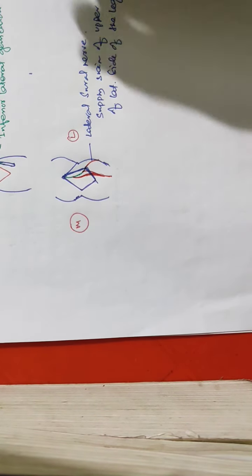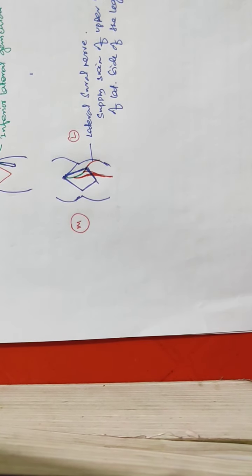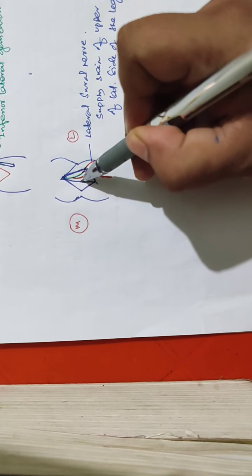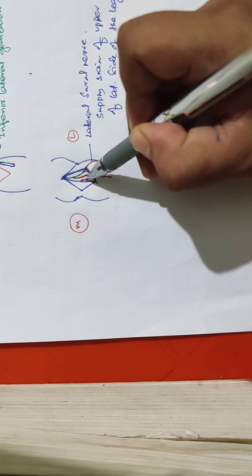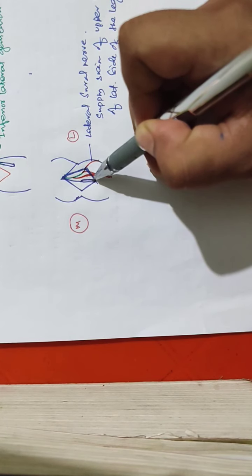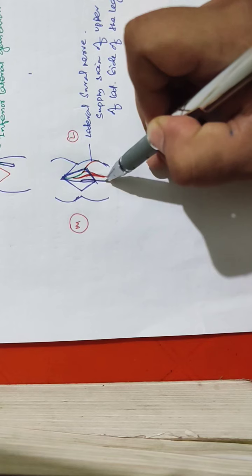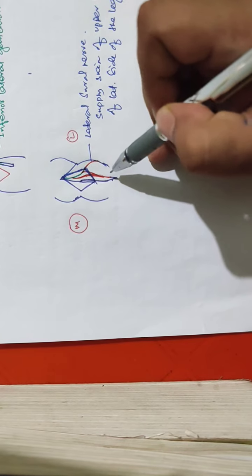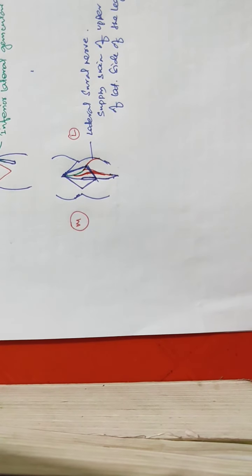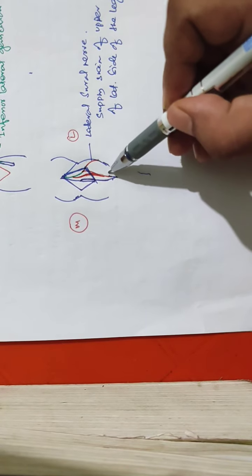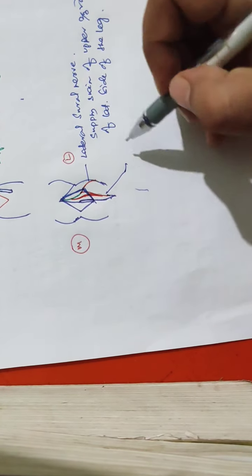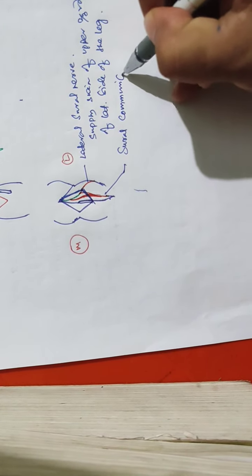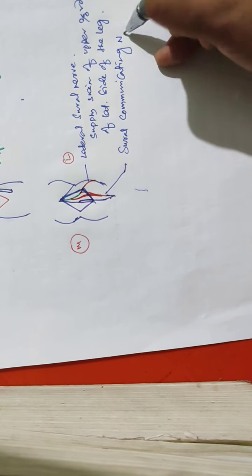This is the tibial nerve, and here it also gives a sural nerve from the middle part of the popliteal fossa and runs within the inferior angle, going to the posterolateral aspect, and here this joins with the sural nerve. This one is from the common peroneal nerve, and it is called the sural communicating nerve.